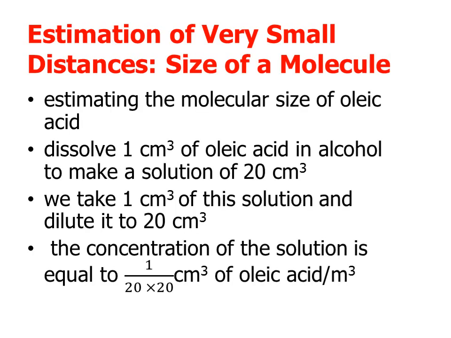And estimation of very small sizes, the size of a molecule. Here we are going to use oleic acid, the molecule size of oleic acid. This oleic acid is dissolved in alcohol to make a solution of 20 centimeter cube. From that 20 centimeter cube, you take 1 centimeter cube of this solution and dilute it to 20 centimeter cube. Therefore, the concentration of the solution is equal to 1 divided by 20 into 20 centimeter cube of oleic acid per